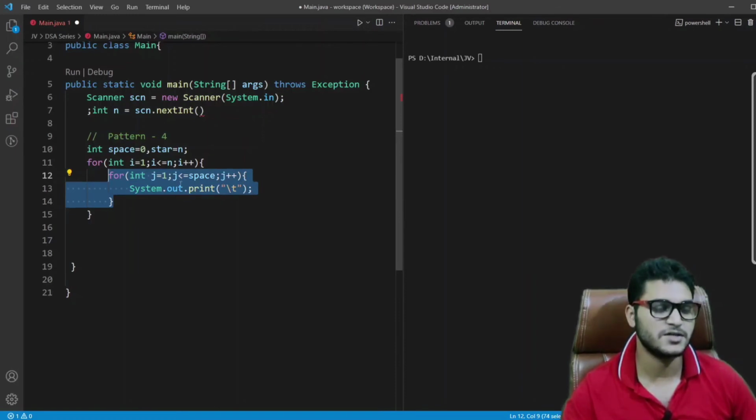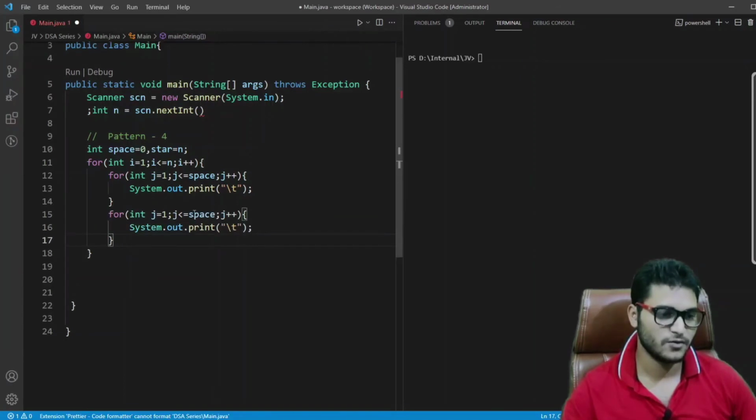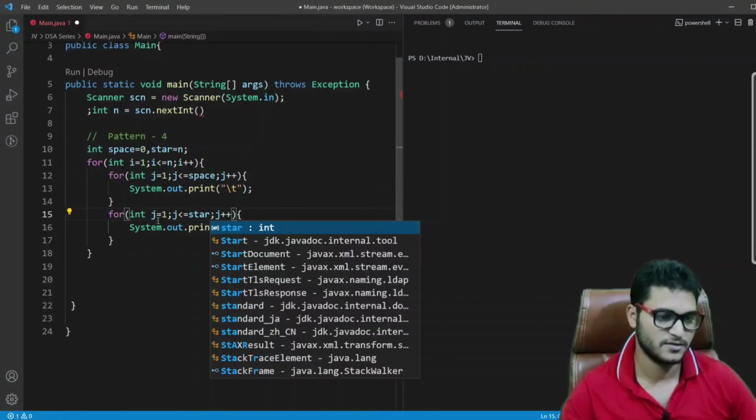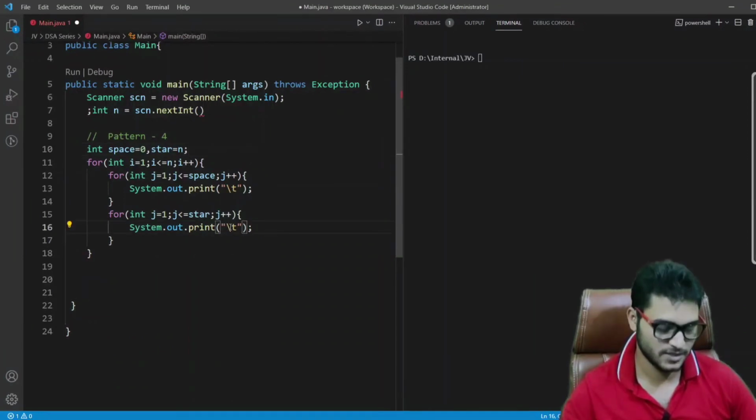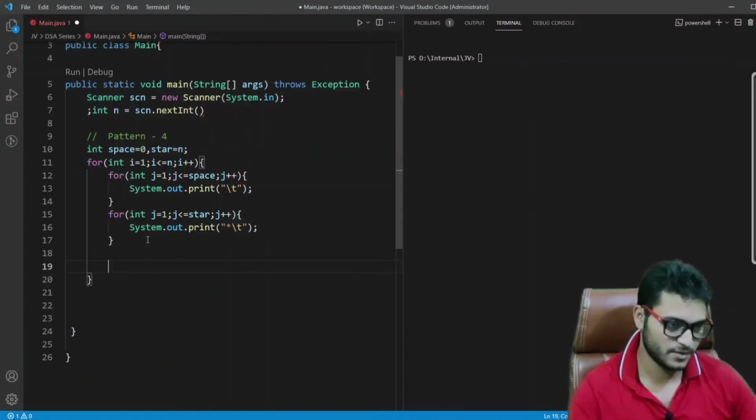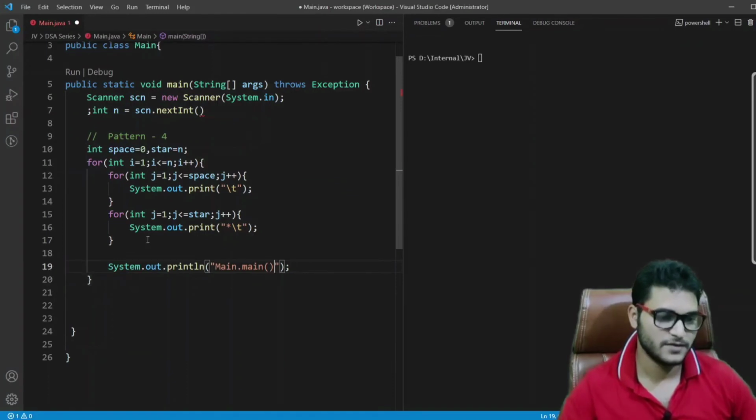So this will print all the spaces in a row which are required, and the other loop would be for stars. So this loop will be executed till number of stars. Initially we have 5, so this will print 5 stars, and inside this we have to print 1 star, and after printing 1 star we just need to print a tab also, so that our output is visible. Fine. And in the end we just need to break our line.